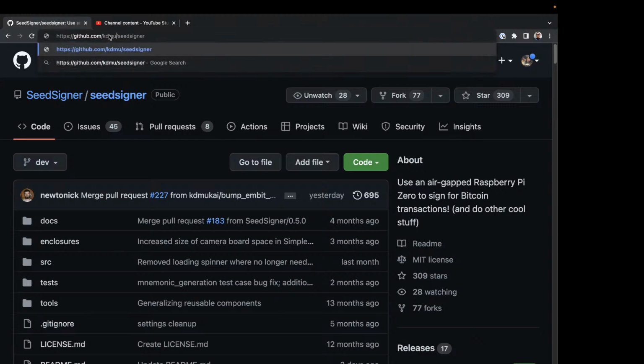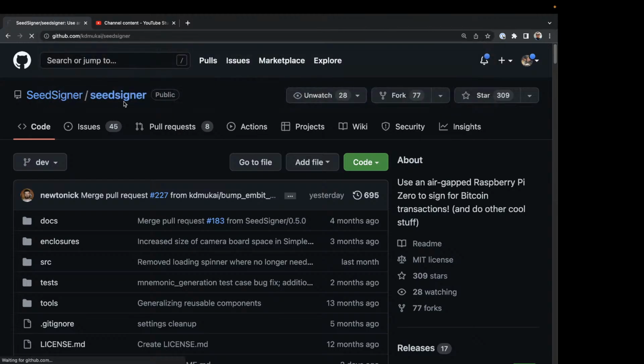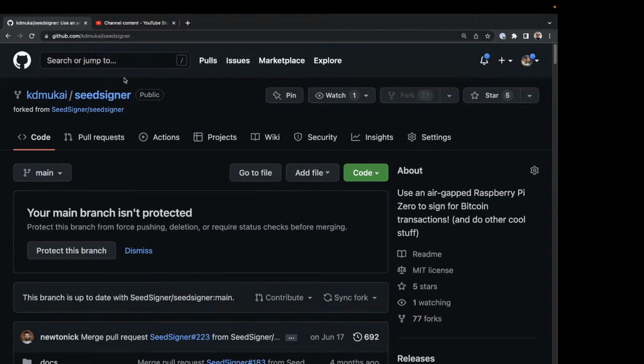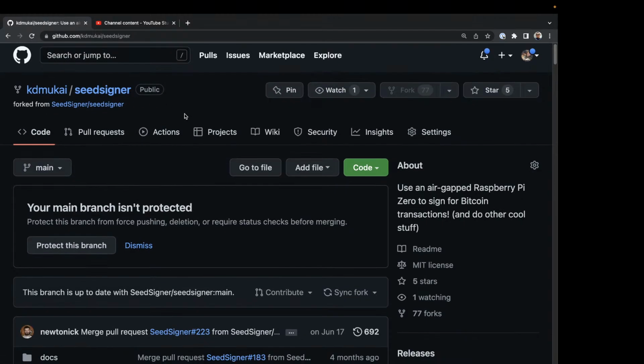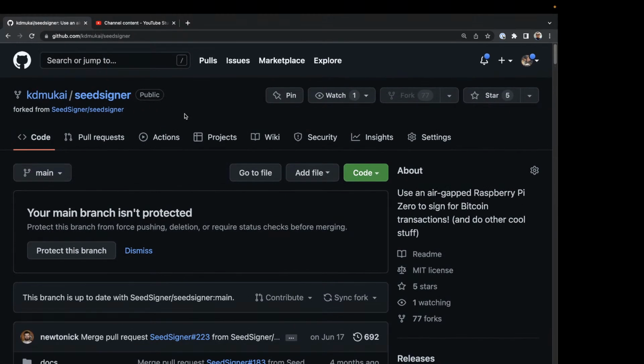But since I've already forked this, I can go to kdmukai/seedsigner, and so this is my fork of the SeedSigner repo where I do all of my development work. I commit to my fork, and then I create pull requests from my fork back to the main repo to get my changes in. So once you have your fork, now we need a copy of your fork onto your